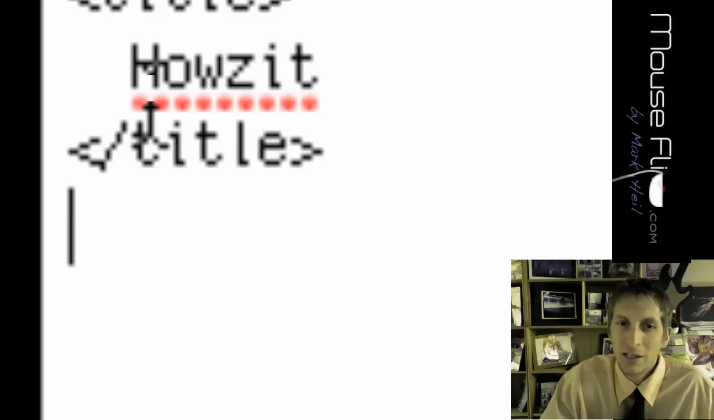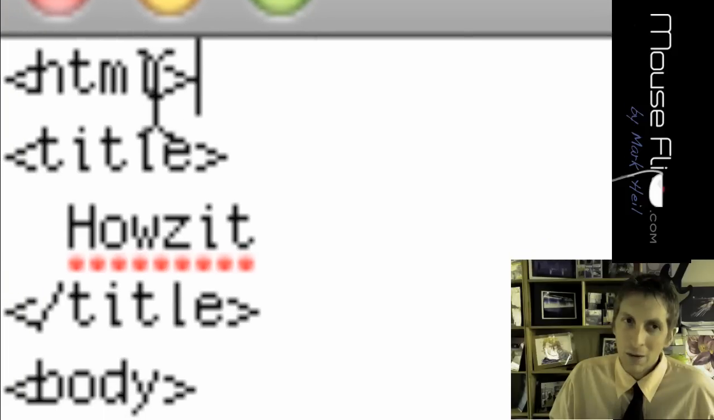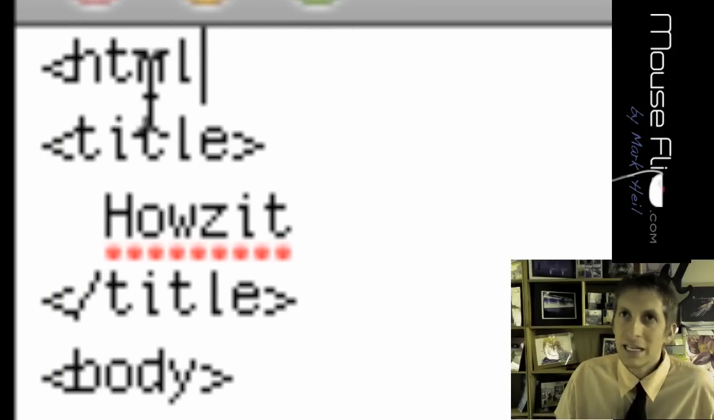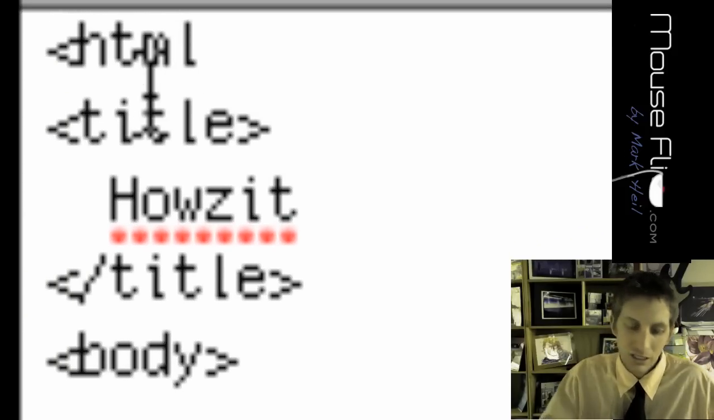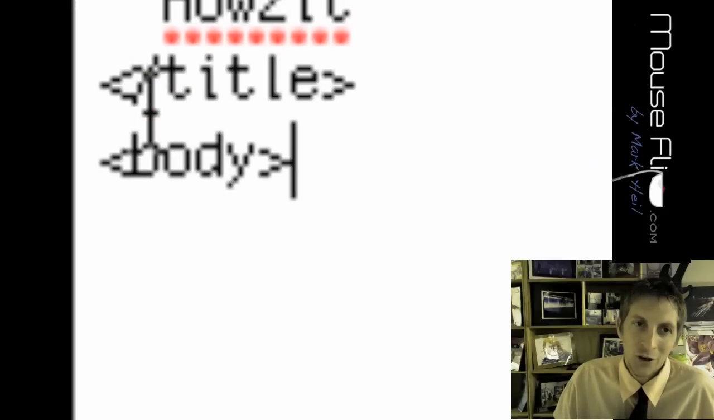Now the next is open tag body. Now this is the format you're always going to use, so get that ingrained in your mind. If you have a missing tag, like if you forget this, it's not going to work. The whole thing won't work. So make sure that you're meticulous and have everything. So for our body,